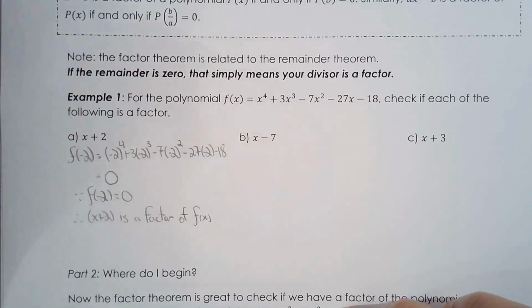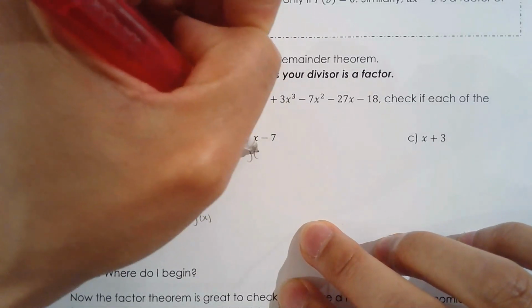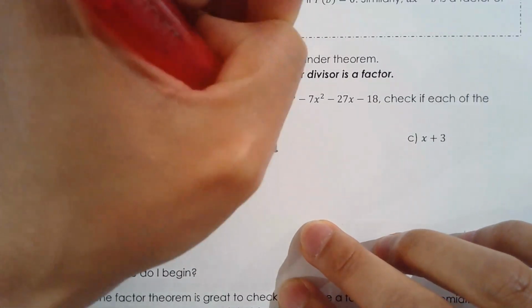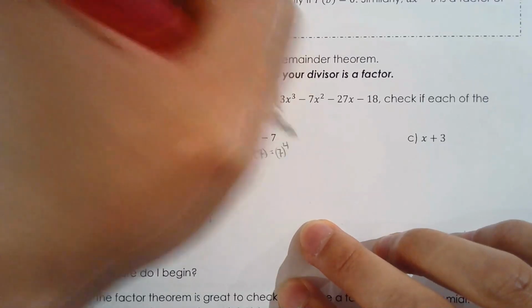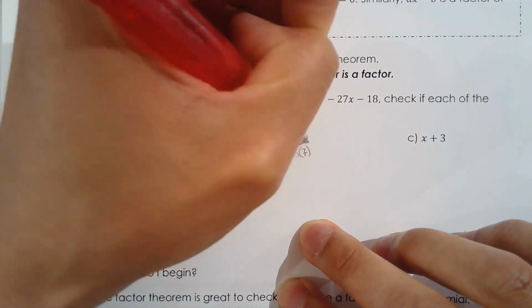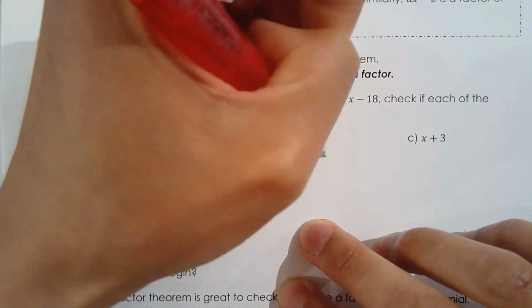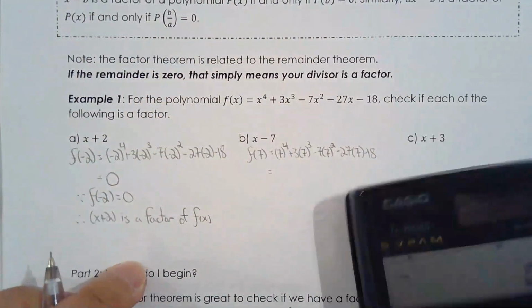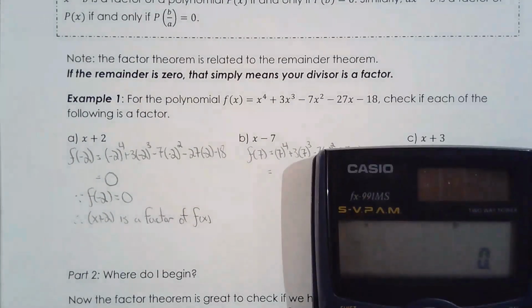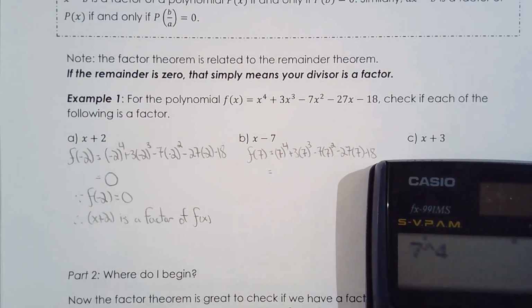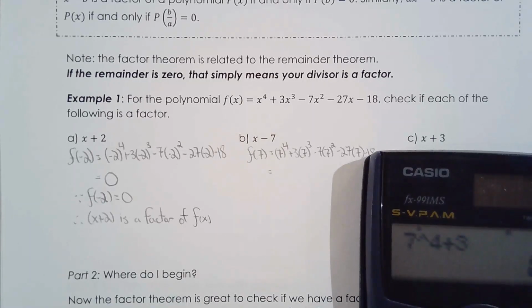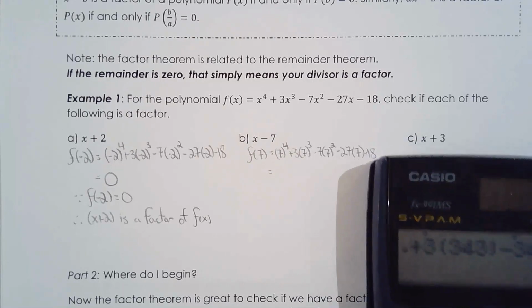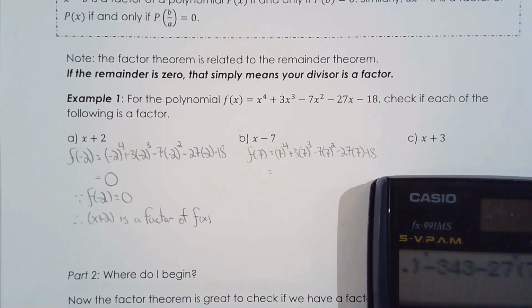Okay, what about x minus 7? Is x minus 7 a factor of f of x? Let's try to find f of 7. I got a bad feeling about 7, and we're going to talk about why I have a bad feeling about 7 in a few minutes. Okay, so, algebraically, that just doesn't look right. So 7 to the 4, 7 cubed is 343, minus 40, that's not 343, minus 27 times 7, minus 18,